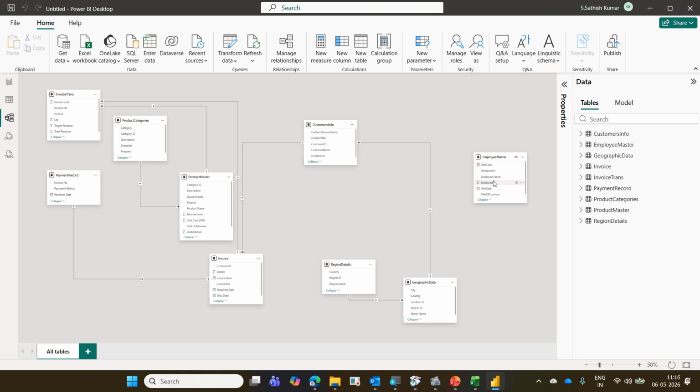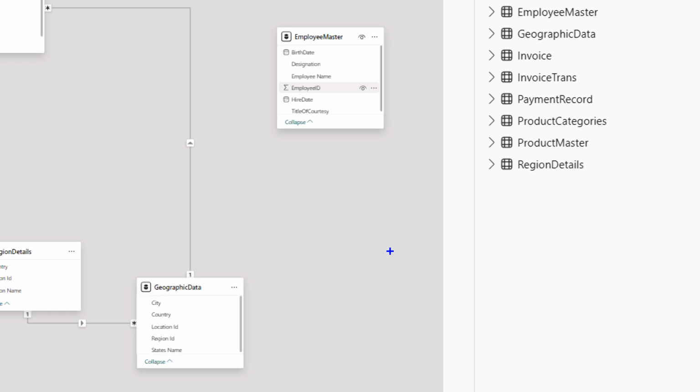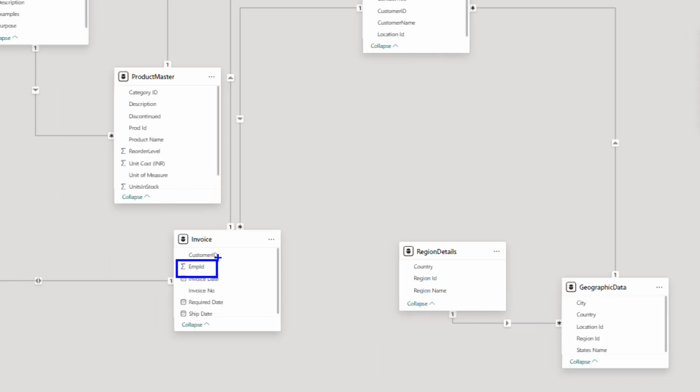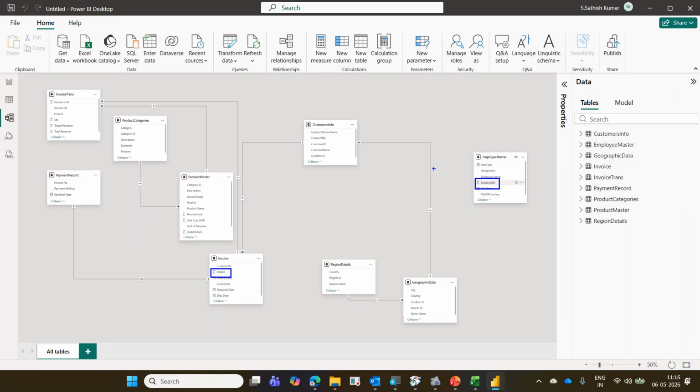In which table? Invoice table. Very good. In the table called invoice, as she has told perfectly, there is something called EMP ID, Employee ID. Here it was misspelled. That's why it's not able to create a connection. So you can go to the original and rename the heading. In Excel we can rename it, but this is coming from SQL Oracle, which means you cannot rename it. No problem, we can connect it.